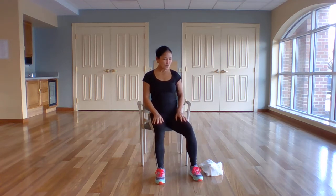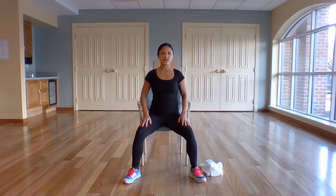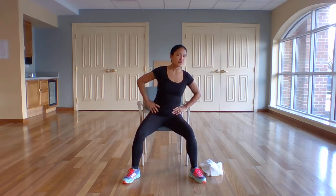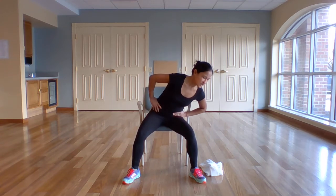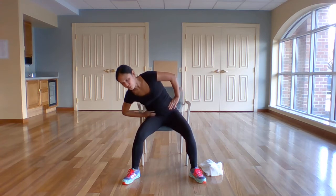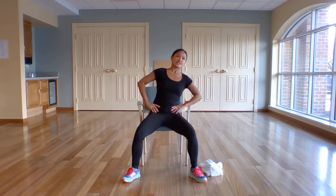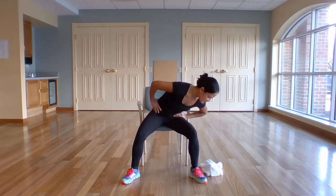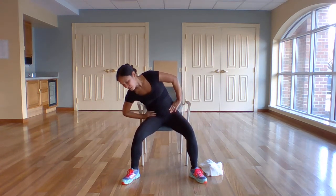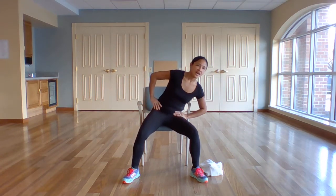Let's take the feet out wide for the next one. We're going to go into some circles. Okay. So hands are going to come on the waist. We're going to start by coming over to the right, leaning forward, all the way around to the left, and towards the back. And again to the right, forward, left, and back. And right,